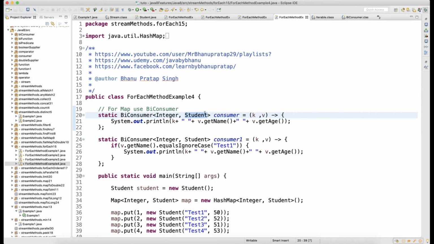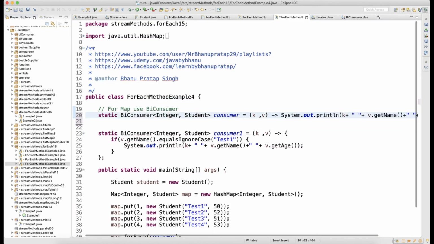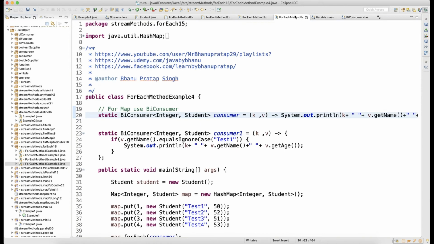Okay, Student is the class, and then k comma v, so key value pair, and then I'm writing curly braces. Here I actually don't need to write curly braces, if you ask me, because there is only one line in the curly braces. Okay, still it works fine because there is only one line.